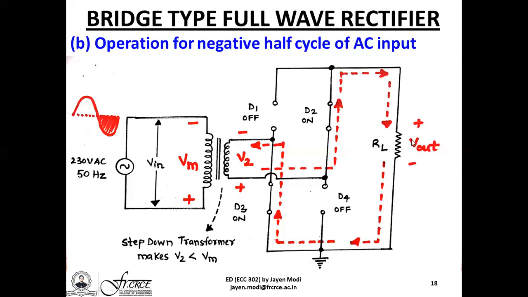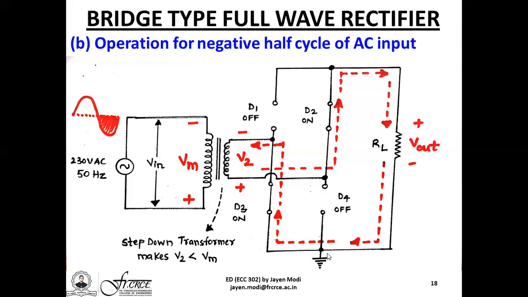The direction is again a clockwise manner, and the current returns back to its lower potential, that is the negative potential, towards the upper half of the secondary winding through the diode D3. So this path is as shown. So we have a closed loop circuit path established starting from the lower half of the secondary winding that goes through D2, that goes to load RL, that goes to diode D3, and it finally terminates towards the upper half of the secondary winding itself. This gives us the same positive rectified DC output voltage Vout, which is positive with respect to the ground